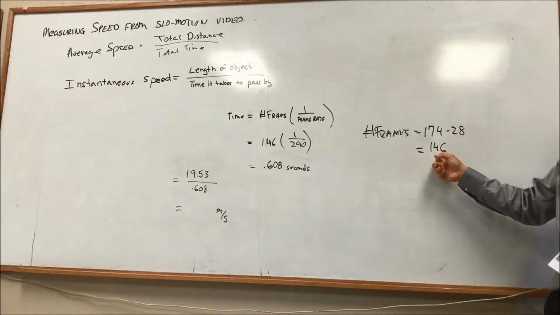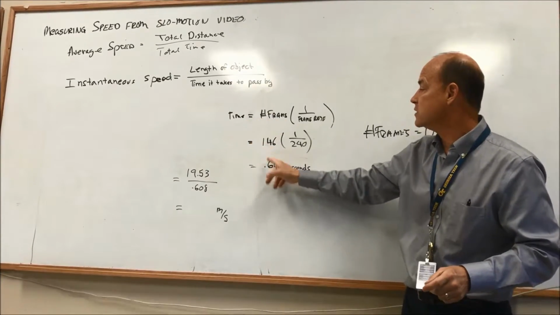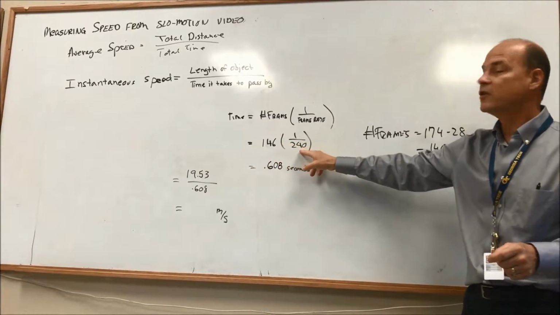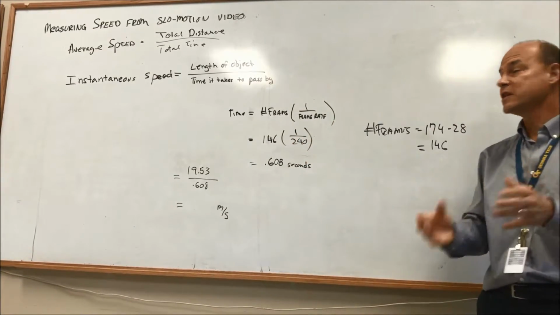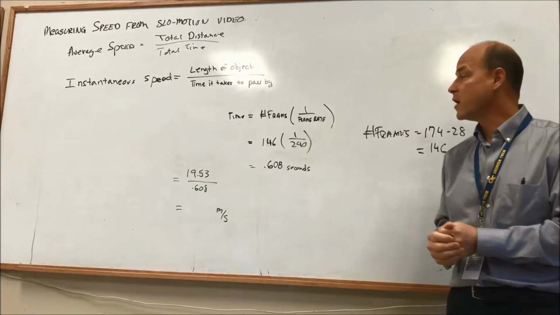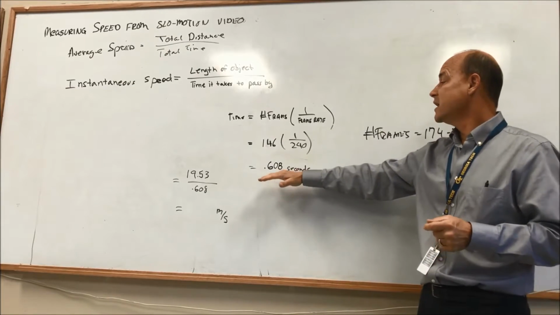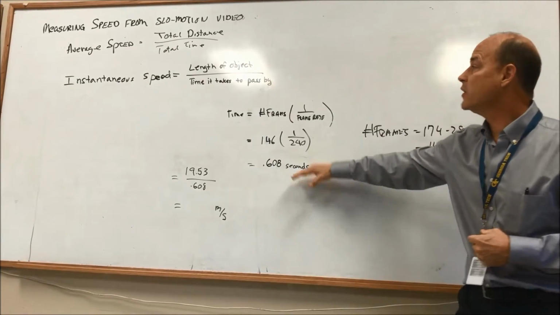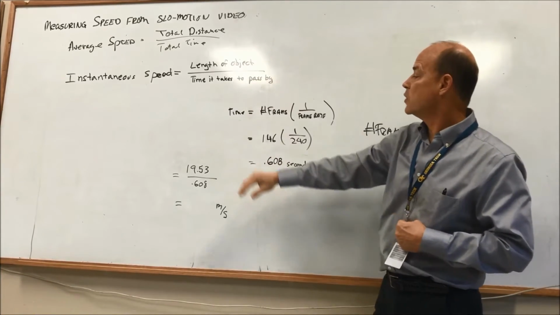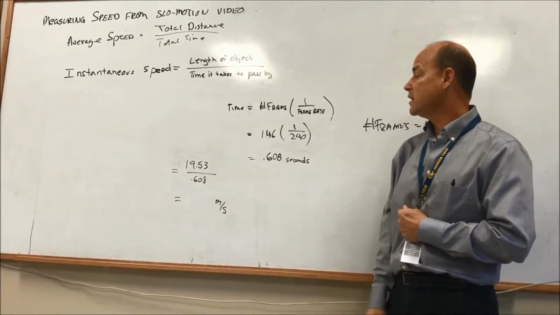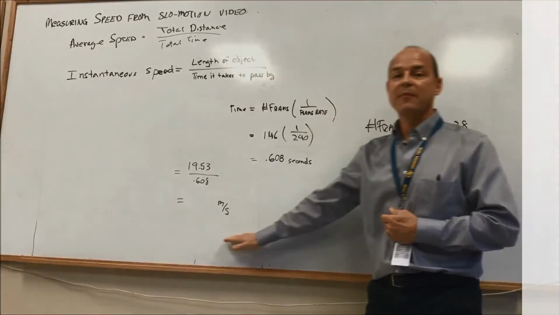Once we know that, in this case it's 146, then we can plug that number into our time equation. So 146 times our conversion factor, which is simply 1 over the frame rate. The video tells us what the frame rate is, 240 frames per second. So 146 times 1 over 240, in this case, is 0.608 seconds. So now we know the time that it takes to pass by. The video tells us the length of the object, so we plug that in. 19.53 is the length in meters divided by 0.608 seconds, and we get, stop the video,